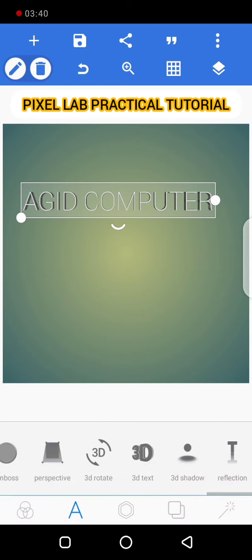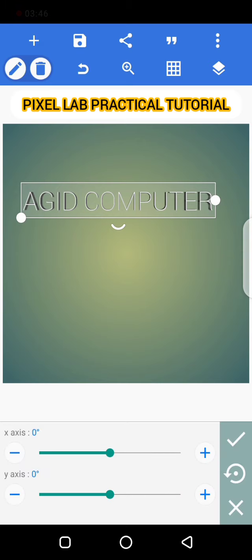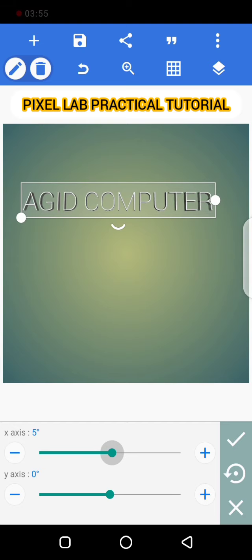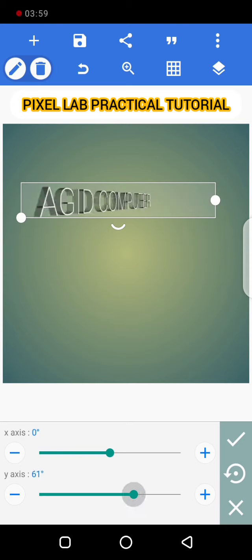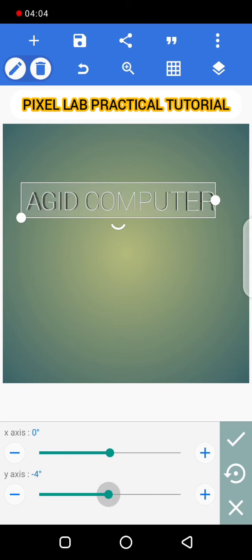Let's mark. From there, let's move to, we'll be dealing with the rotate later. The rotate is just for us to rotate it sideways. X axis, you could see now. That's the X axis moving like that. And here, this is the Y axis, you could see. Aha. So now from there,